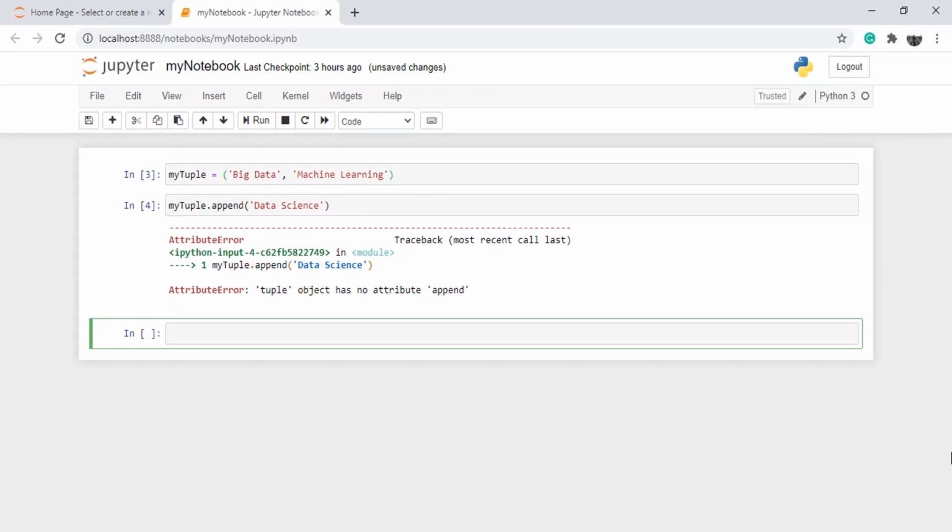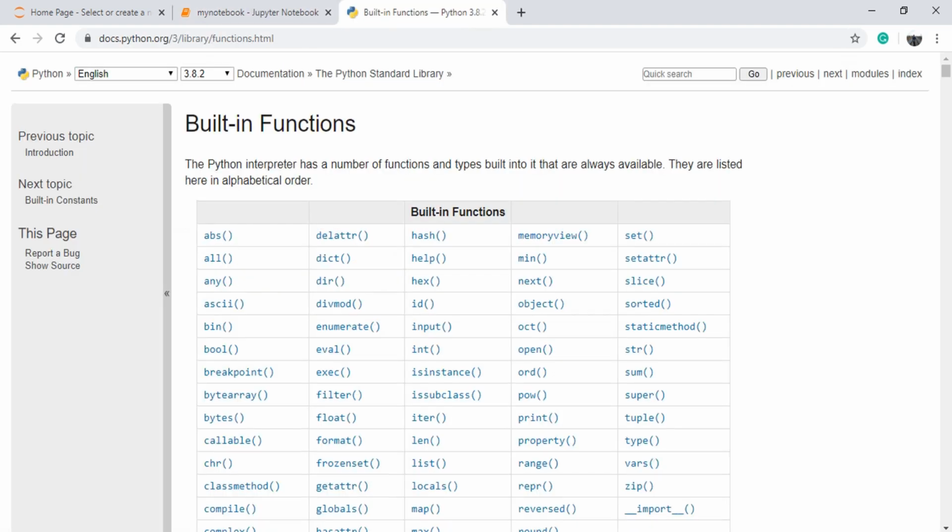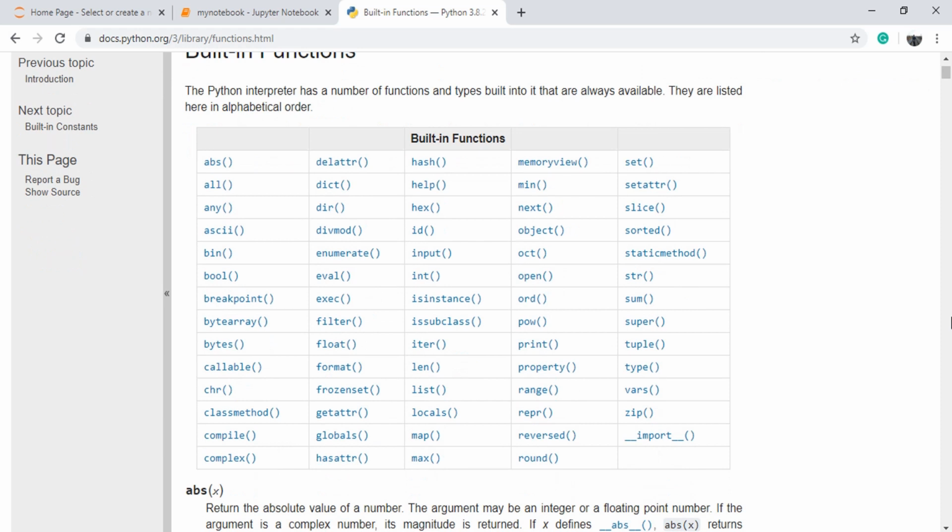Python offers you a bunch of generic functions that can be applied to a variety of data types. You can get a full list of such functions here. A lot of these functions would make good sense for lists and tuples both. For example, the len function can give you the number of elements in a list or a tuple.